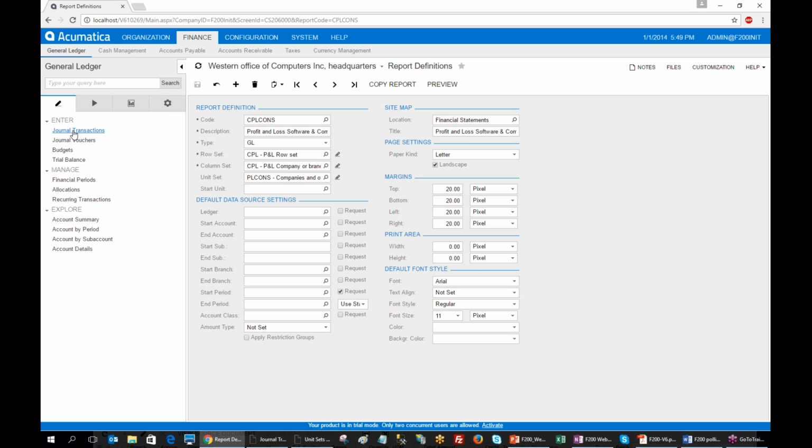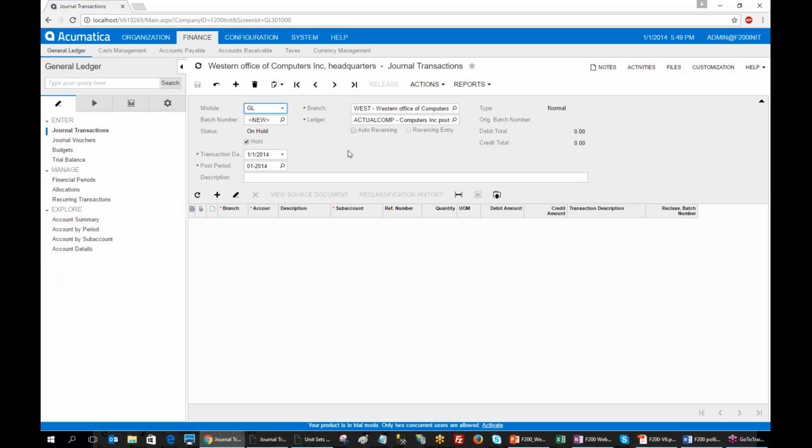So I'm going to come into General Ledger on the Journal Transaction screen, and I'm on the West branch for 01/2014. I'm going to create a transaction date of 01/31/2014, and I will create a description: salary payment to departments for 01/2014. So on this one, I select the West row, I select the account as 77000, and over here I'm going to select, because my expense heads are the first segment,